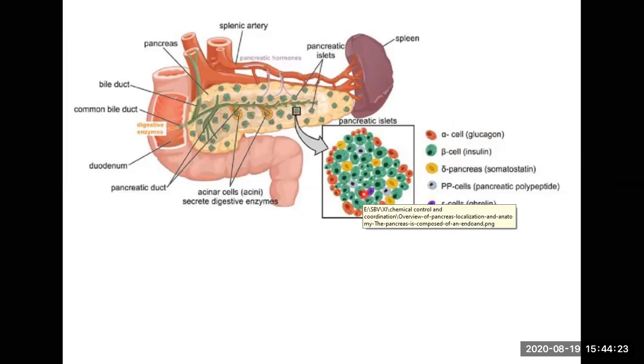Insulin also acts on hepatocytes and adipocytes. Adipocytes, बच्चे, जो हमारी ऐसे cells जो adipose tissue के part हैं, जो fats को store करते हैं. This insulin enhances the cellular glucose uptake and utilization. That is opposite to glucagon. Glucagon was reducing uptake और utilization को. Insulin increases the utilization of cellular glucose and uptake.